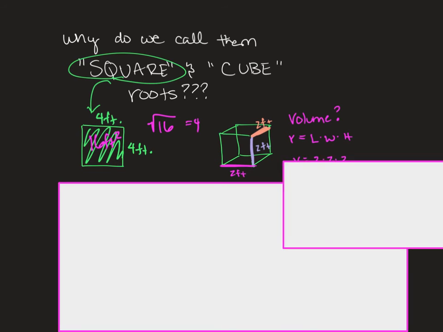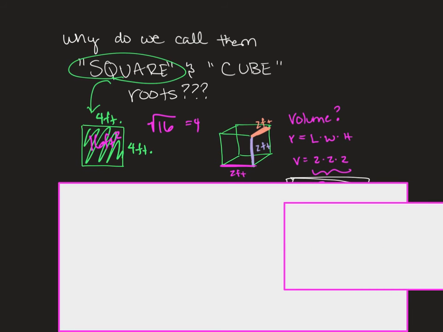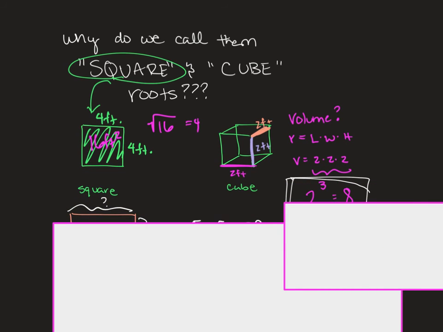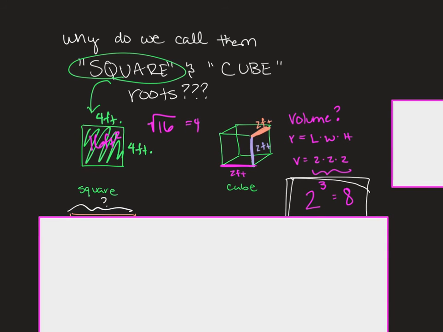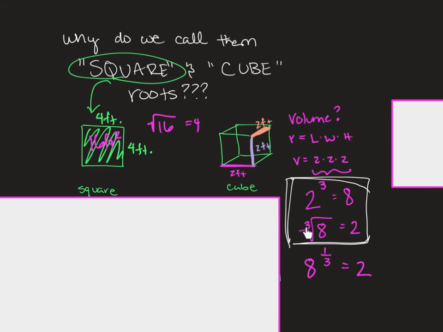That means that I really have 3 factors of 2, and the cube root of this is gonna end up, sorry, I got too many things here. So what we've got is that 2 cubed, or 3 factors of 2, is equal to 8. And we could write that then as the cube root of 8 is equal to 2, which is the same thing. So these two things say the same equation, where you've got the cube root of 8 is 2, or 8 to the 1/3,